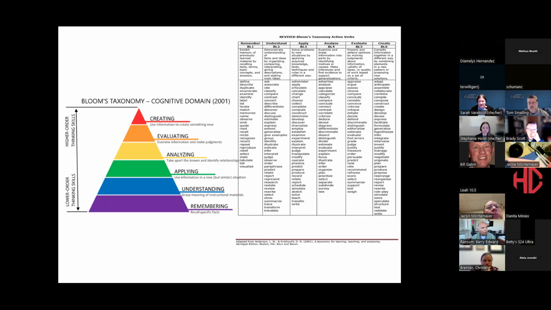So there is information about something that's called Bloom's taxonomy. If you have some formal education background in education, you probably have heard of this. If not, if you've been around for a while, you probably also have heard of it. It's frequently used in a variety of settings, and it's a way of organizing verbs into different cognitive domains, going from lower order thinking skills to higher order thinking skills. And you guys will remember from Tom's portion of the presentation, critical thinking and problem solving is one of the areas that's required. So you're going to have to be very careful about the verbs that you choose